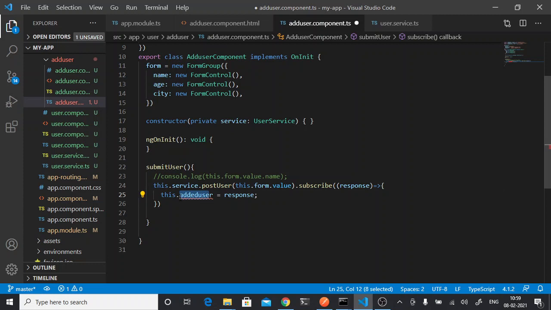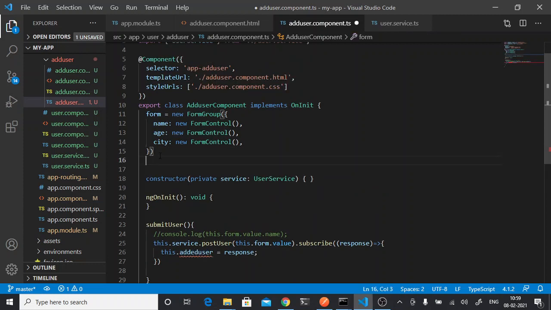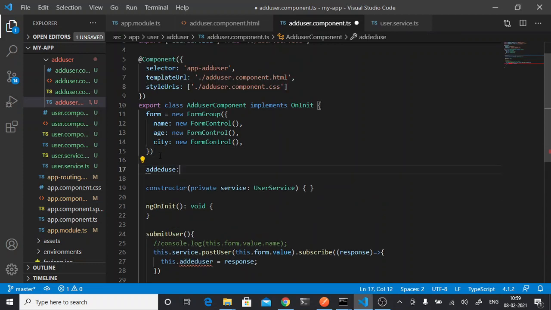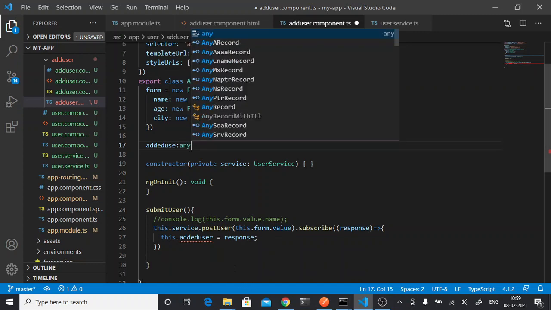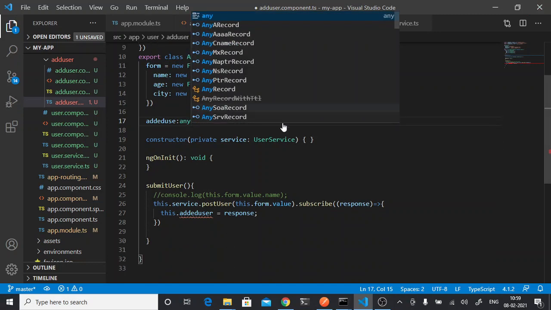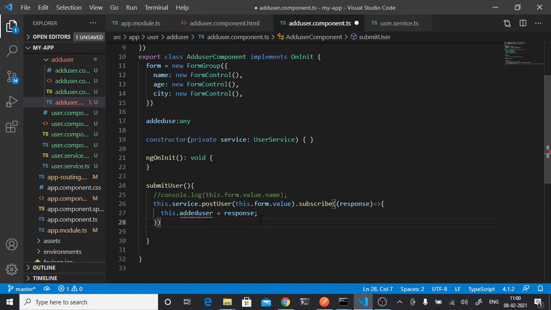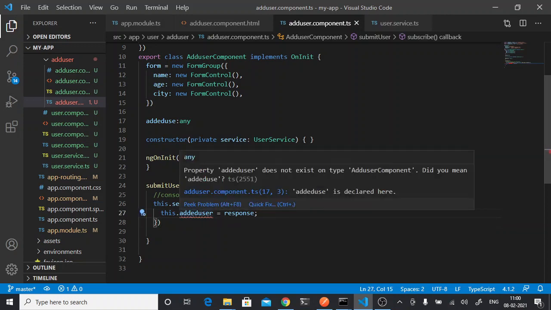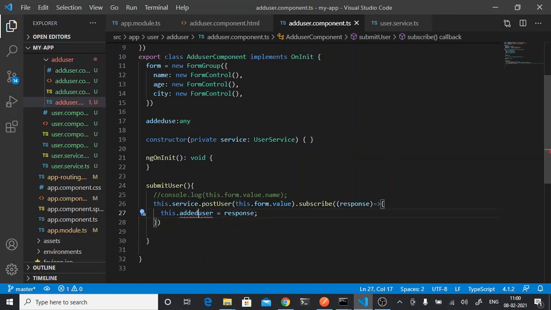So I will have to declare this variable first here in my class, and I will give it a type user.